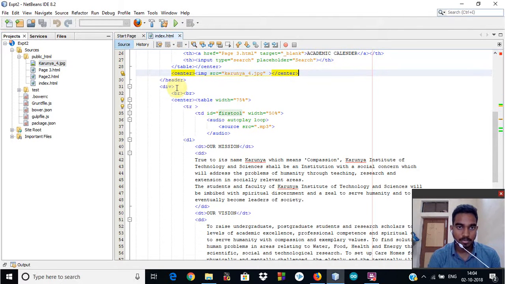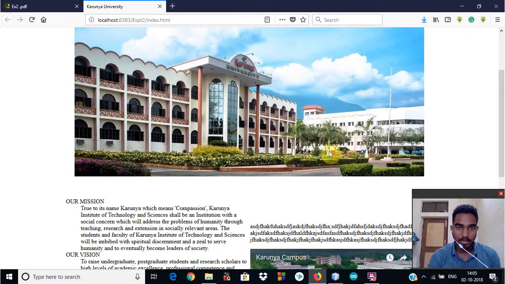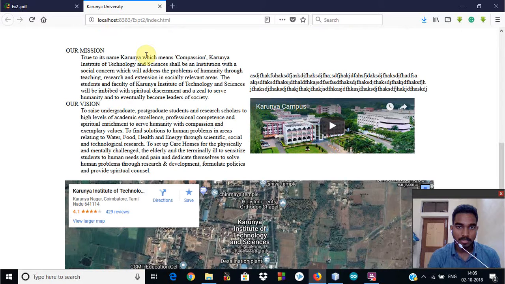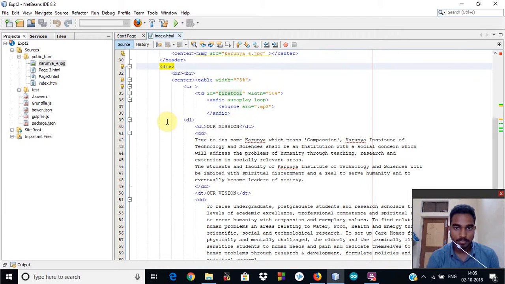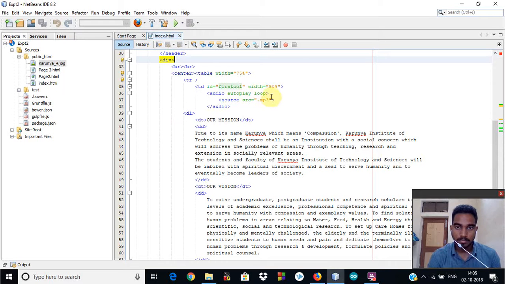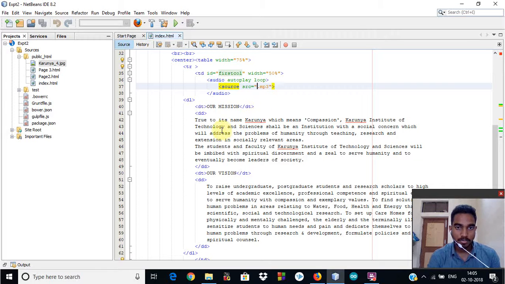coming to the next, I've created a division in which we have the table. So what I've done is I've created this whole thing as a table with 2 columns, left column, right column. So this is how it is. So I've created it. This is first column. I try to put a mp3 file inside. Then